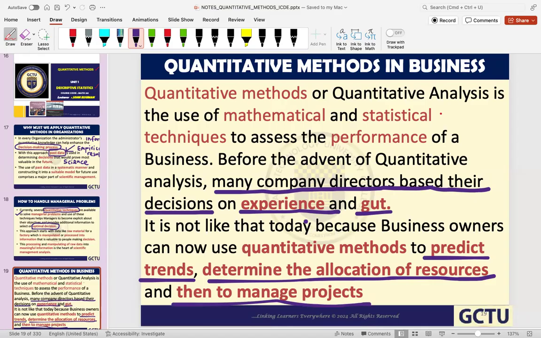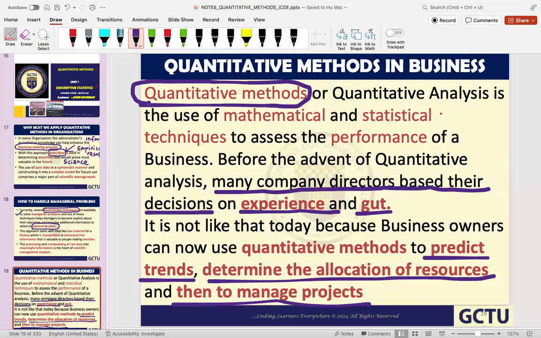So sometimes you cannot use past experience to be able to manage a current project. The only ideal and safest thing to use are quantitative methods, because you can get live data,